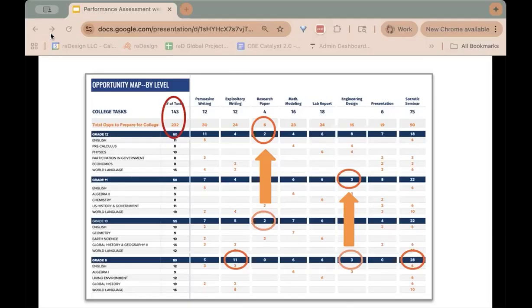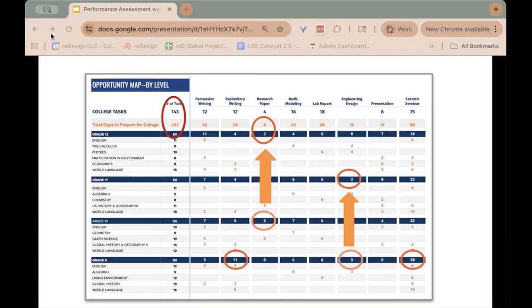The connection between what they're talking about and what they're starting to write about can start becoming powerful. Then if I look across at the colors, the dark orange is where we think students have had quite a bit of practice, and the light orange is where they have not yet had enough practice. So as you stack these up, even though in 12th grade they will only do 2 research papers, they will have also had 2 in 10th grade and 2 in 11th grade. They will be at 6 by the time they're seniors. That's not a huge amount of research papers, but it's a good amount.